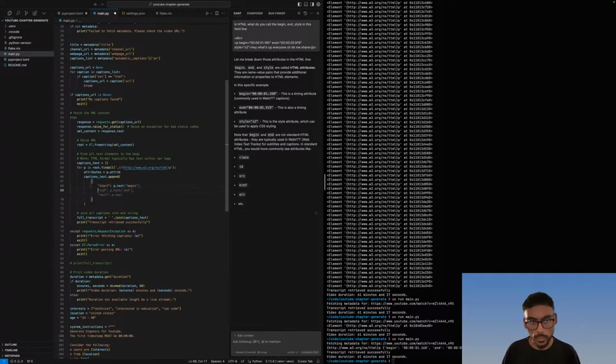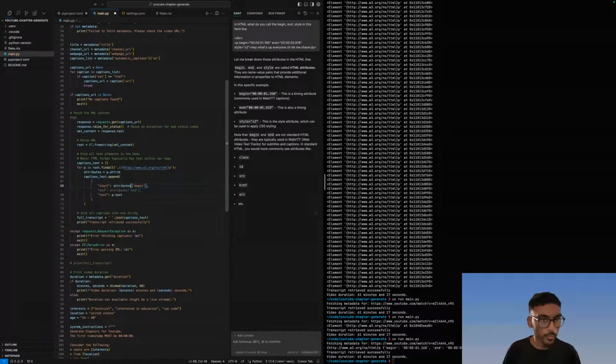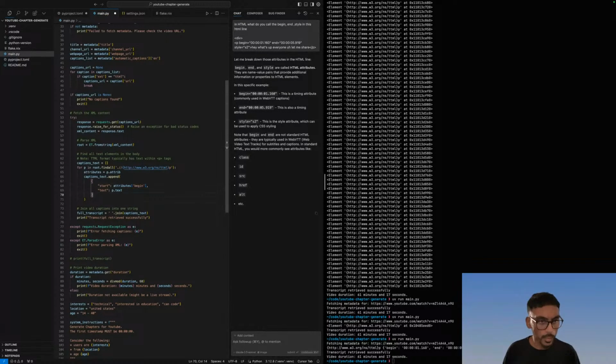We want the actual text. Text, P.text. So that will, whoa. Why do I feel like this is messed up? Did I just mess something up? It's attributes, right? Yeah, it's attributes. Begin, yes. And it's p.text.